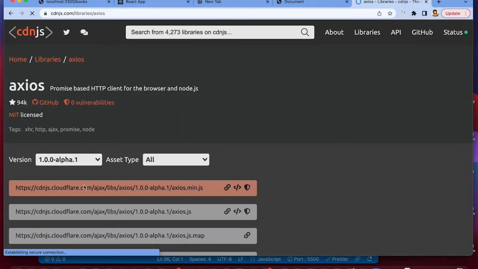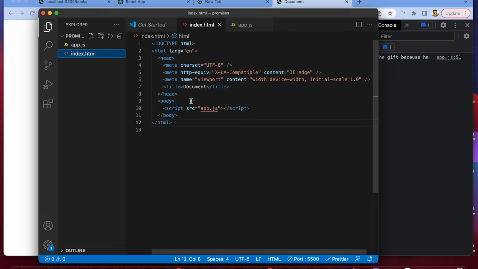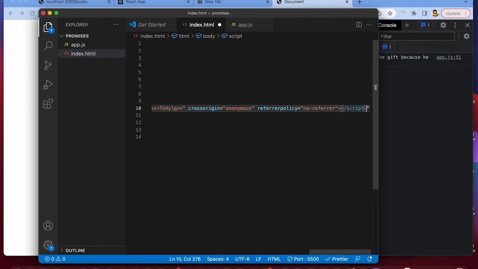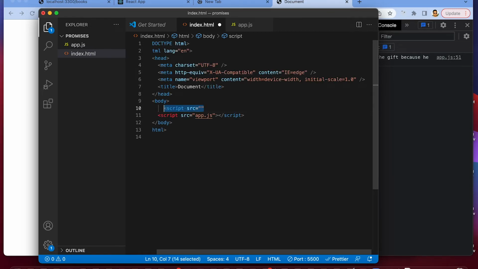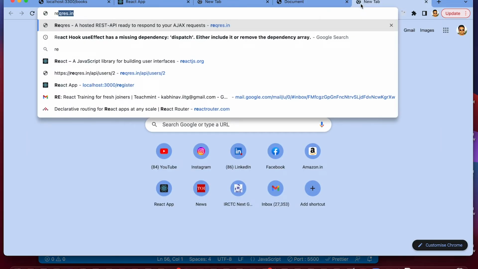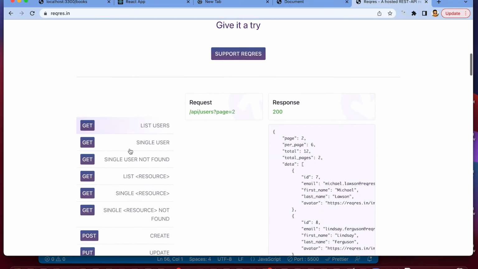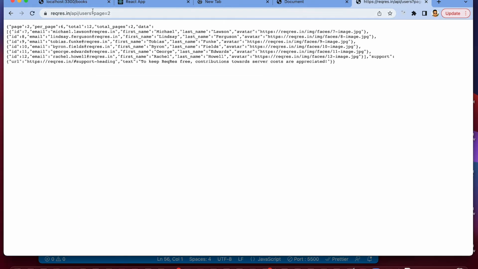So in order to use Axios, we need to copy it, and Axios we can use now. Suppose there is a URL here. There are some publicly available URLs, for example, this one. So if I copy it,